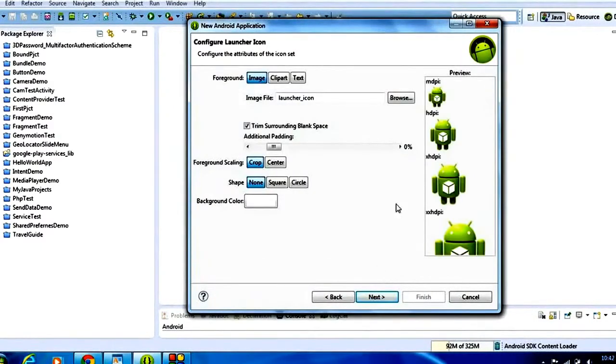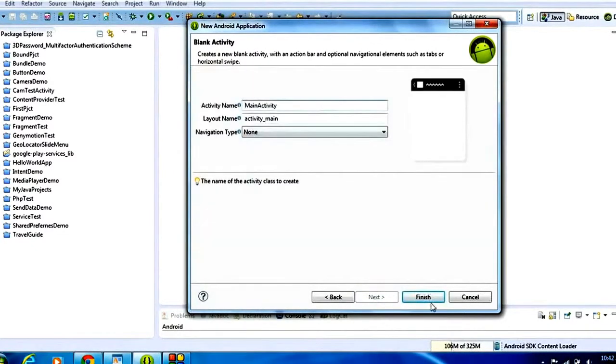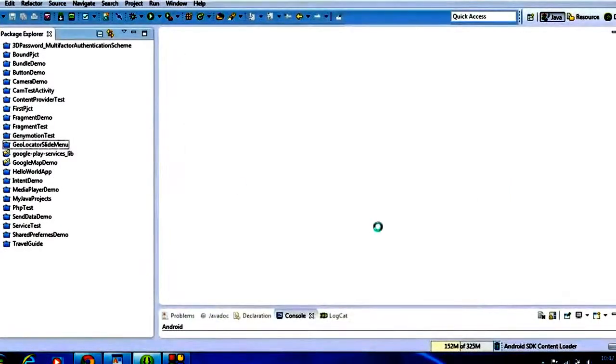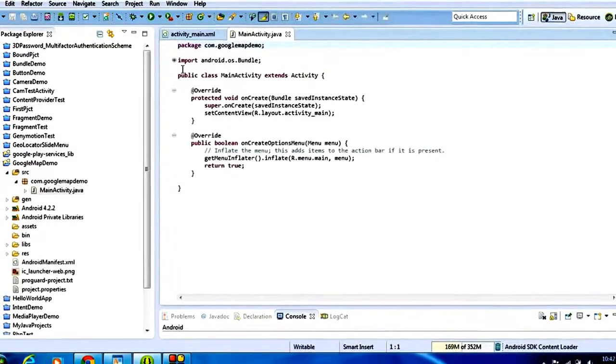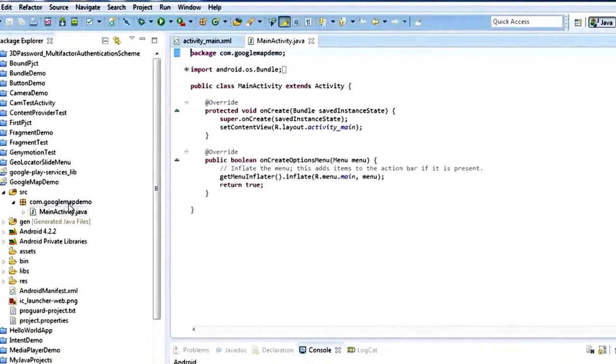Click next, again click next, and click next. Create a blank activity here. Again click next. Here is the main activity and click finish. Now we have the project in the IDE.